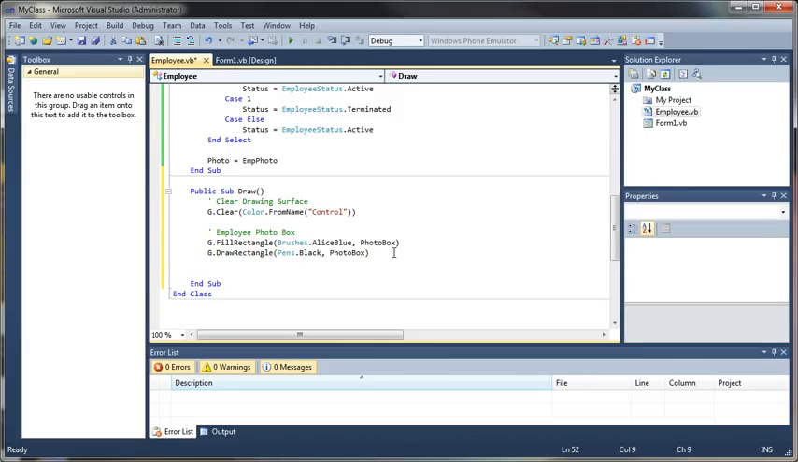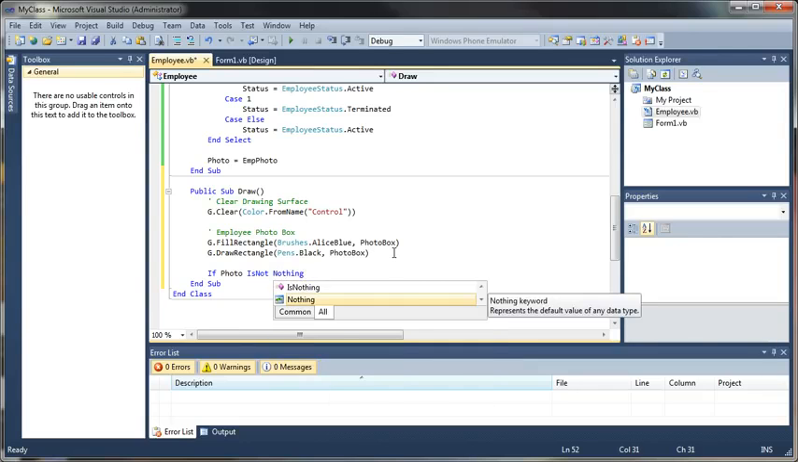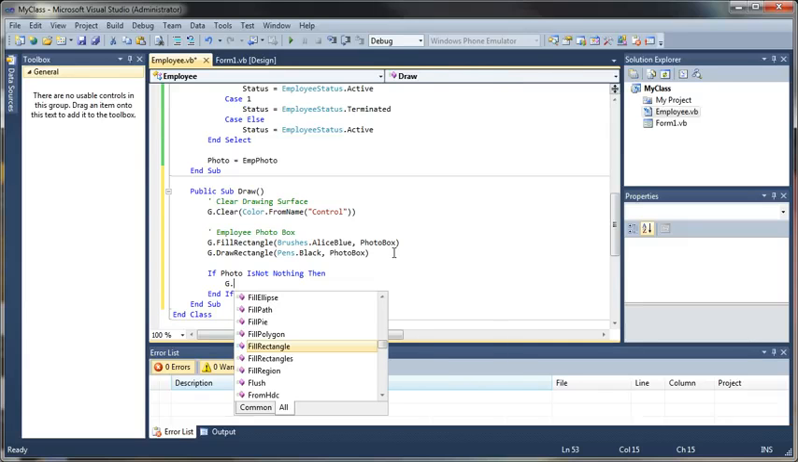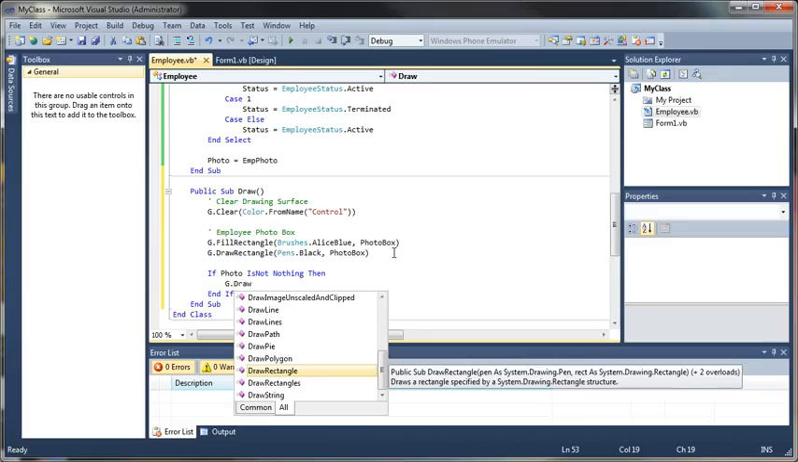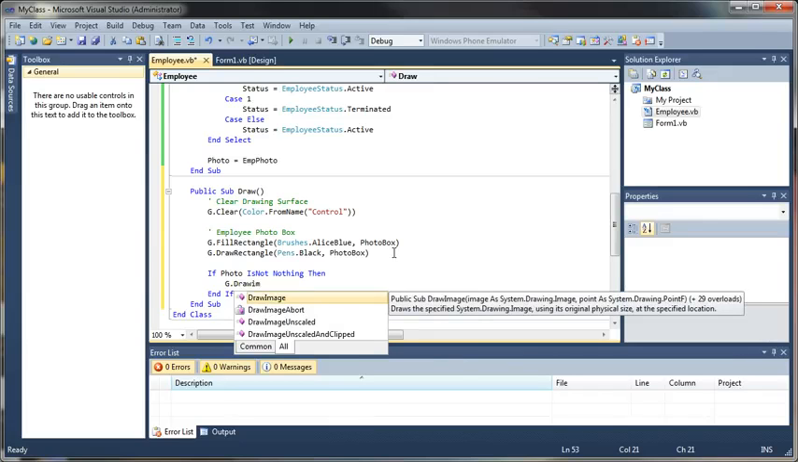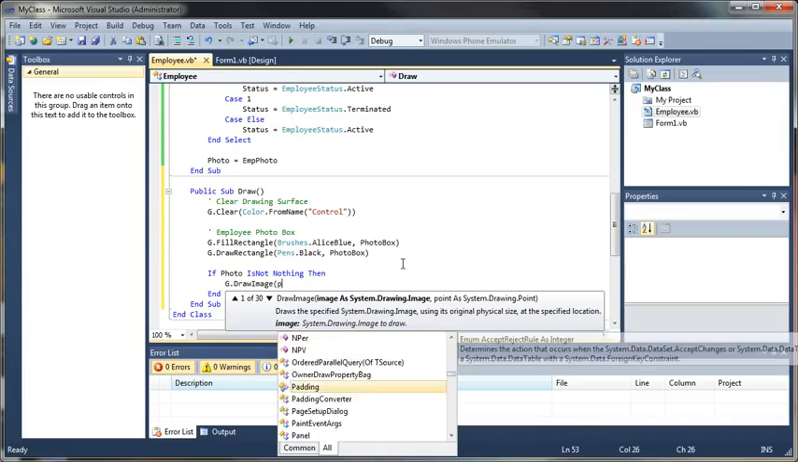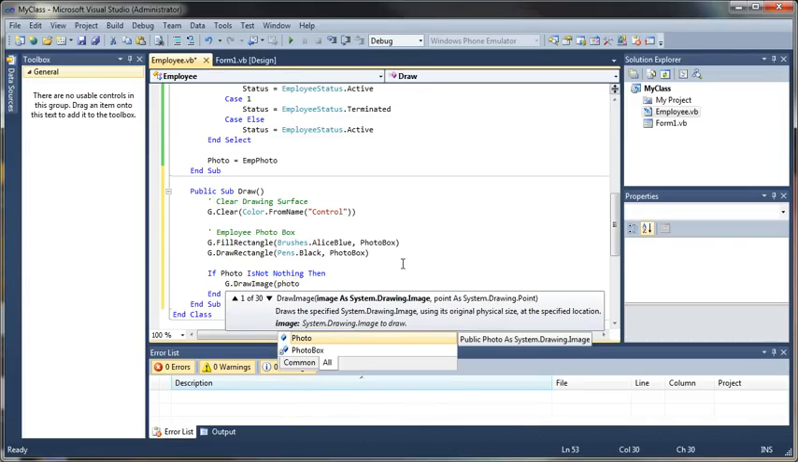Alright, now we have to check and see if a photo was passed into the object. So we'll say if photo is not nothing. If that value is not null, then let's go ahead and draw whatever image we sent here. So we'll say g.drawImage, and the image we want to draw is the photo that was passed in. So we're going to grab our photo variable from above,